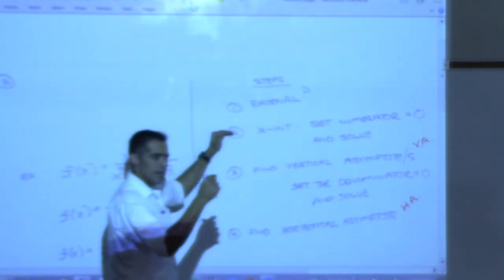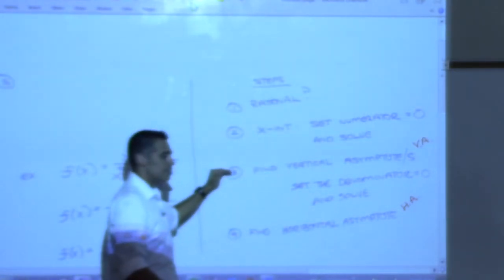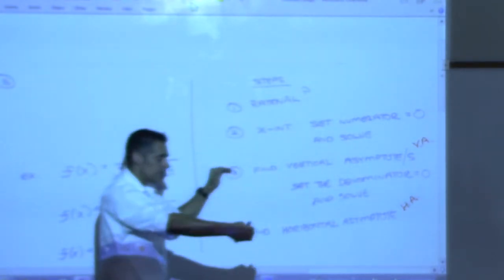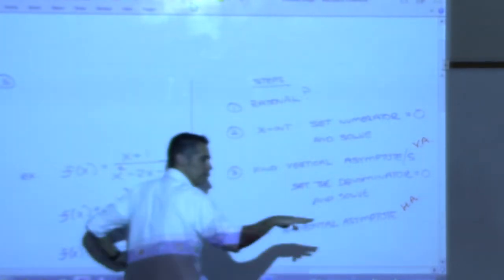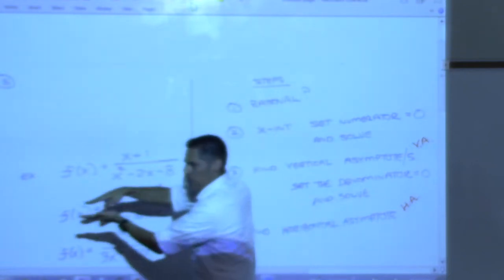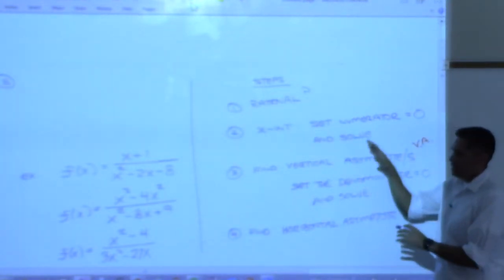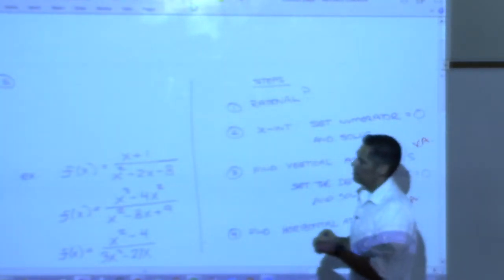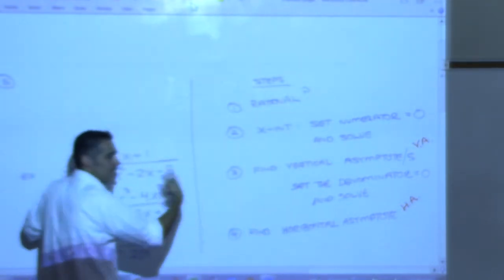Let me just pause for a second. We're checking that it's rational. We find the X-intercepts, which are going to be dots on our X-axis. We find the vertical asymptotes, which are going to be these vertical barriers. We find the horizontal asymptote, which is going to be these magnets at the end of our function that pull it down at the ends. Now what we need to determine is what's happening on the inside of our function. So what we're going to do is